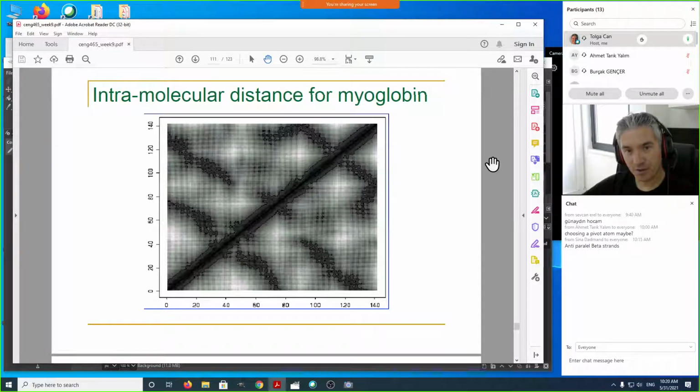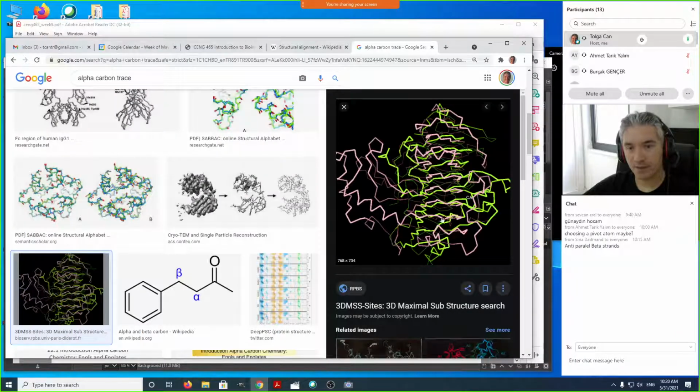The CE algorithm is also similar to that. Instead of working on a matrix like this, it goes over the alpha carbon trace, starting from the beginning. It slides a window of size 8 over it, so it looks at every 8 consecutive amino acids and computes the pairwise distances between those 8 amino acids. Again, it uses the pairwise distance. So this pairwise distance is a nice way to have an